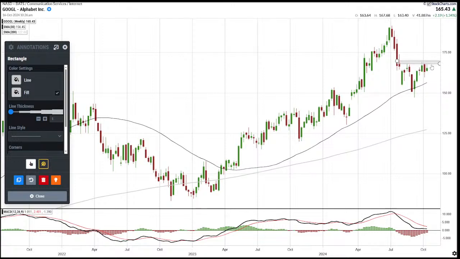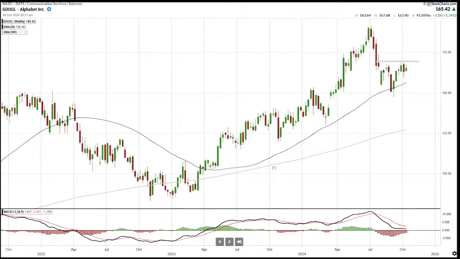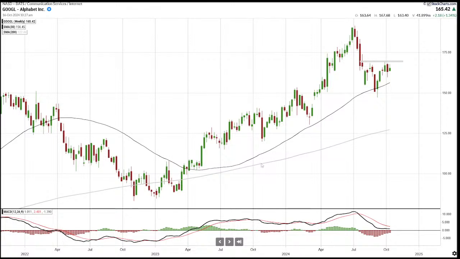But on the daily and the weekly chart, there's a nice zone of overhead resistance here, and you've got to keep in mind that nothing happens quickly on a weekly chart and a monthly chart. I've been saying that for years, but nothing happens quickly on these longer term charts. You could spend weeks chopping around in this area and not doing anything. But what we're looking for eventually is a break over this level here, this overhead resistance, to form